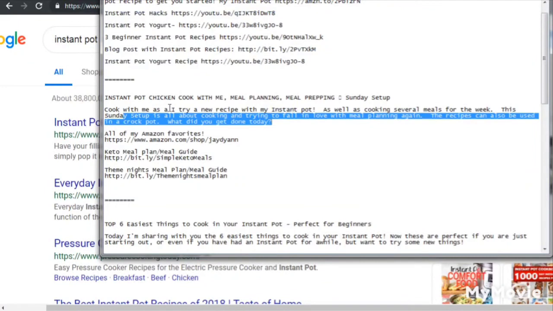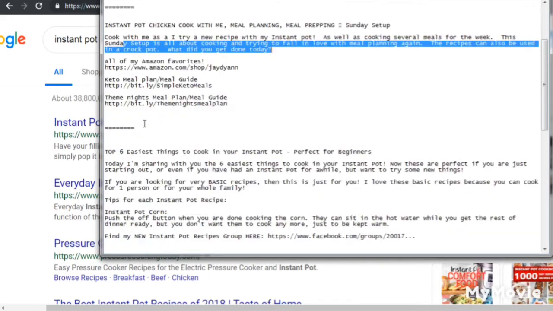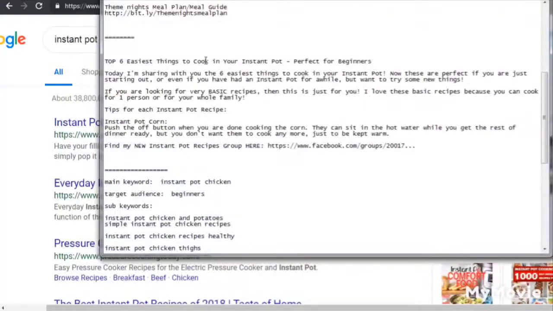And as you can see, the description is really written for the user, but it contains the keywords that are necessary. So you don't need to write something like Instant Pot Chicken or something that's just a bunch of garbled information. You want to make sure that the title and the description attract people first and foremost, and then embed the keywords within. So the third one, we've got top 6 easiest things to cook in your Instant Pot, perfect for